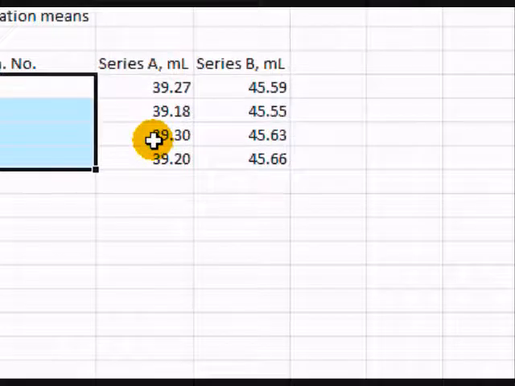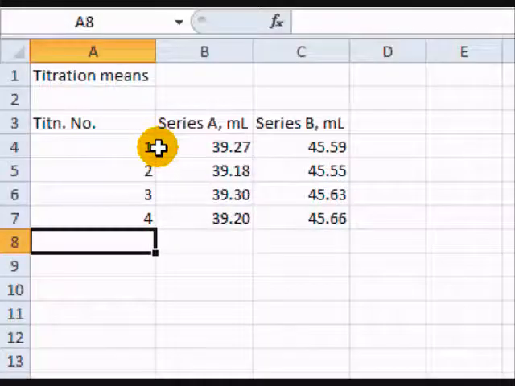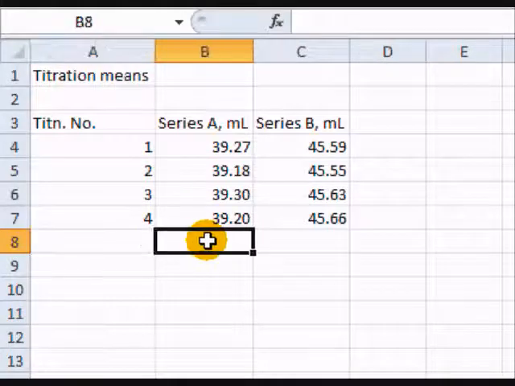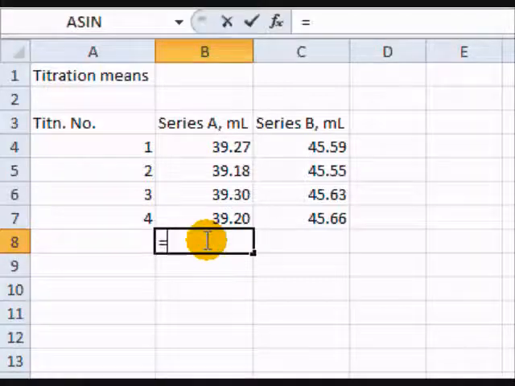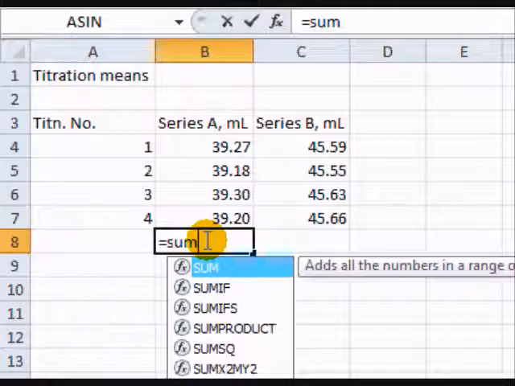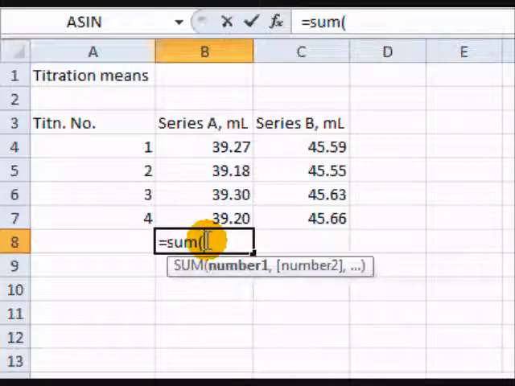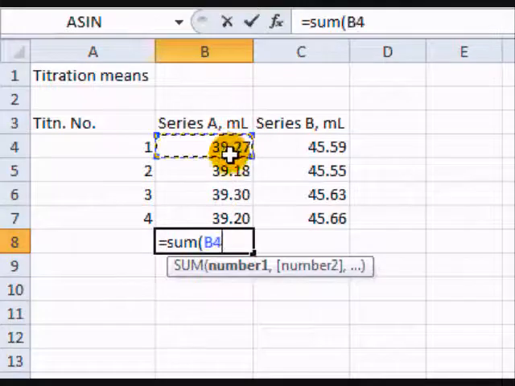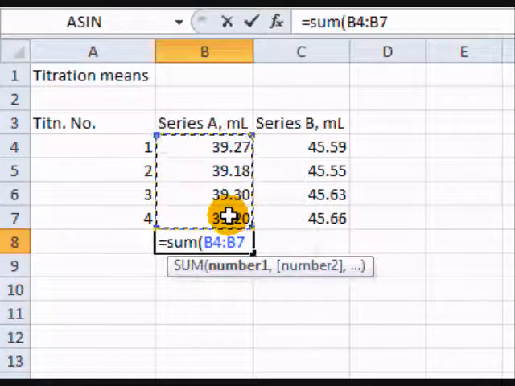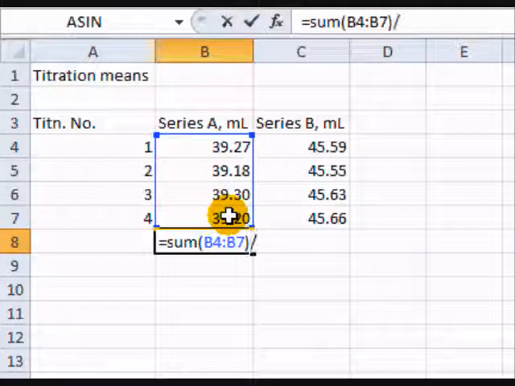Let's create a spreadsheet to calculate the means of different series of numbers to get a better look at this concept. We want to calculate the mean in cell B8. This is the sum divided by the number of titrations. So equals sum, and we can highlight the array of numbers, divided by, this is our absolute reference,